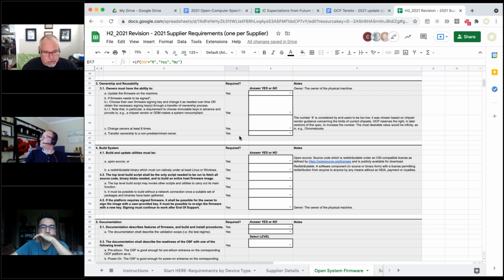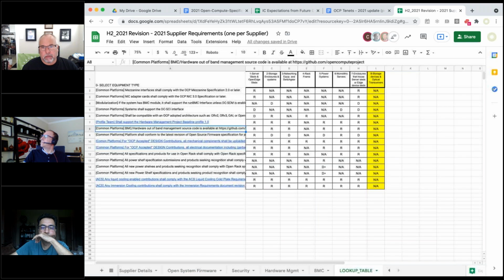There is another problem we have, and I'll jump to it, but there's a whole category for storage devices and optical transceivers that was never addressed in that original table.